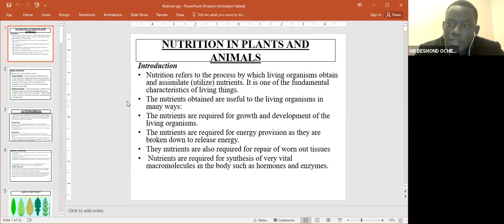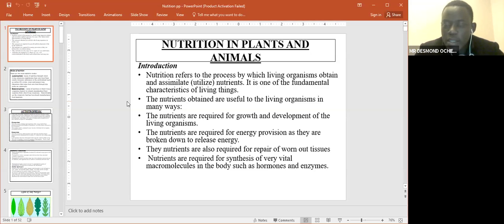Remember, growth and development is also another characteristic of living organisms. They all grow and develop after some time. So the nutrients that they acquire, they utilize for the purpose of growth and development